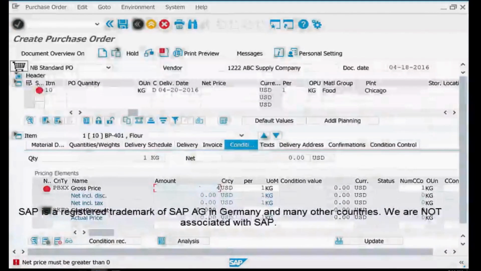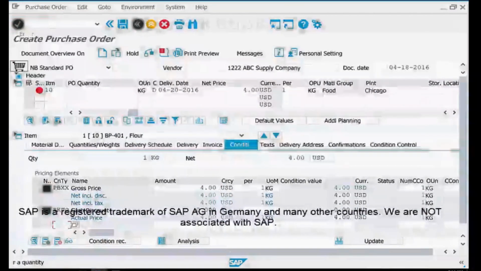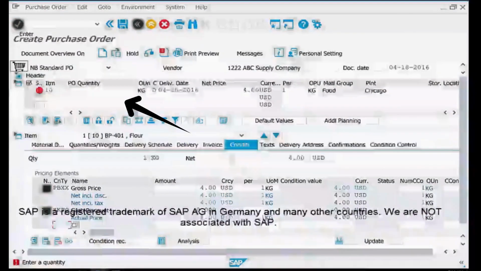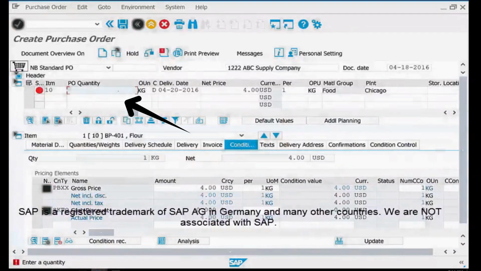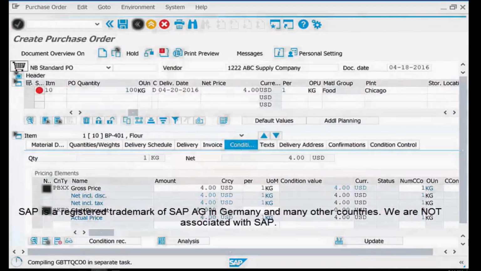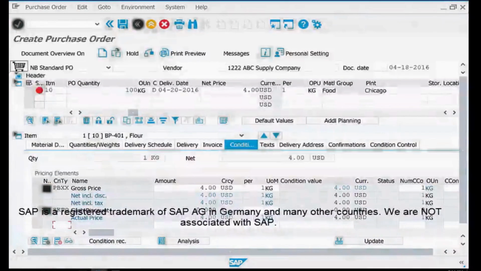Once you put the price, it again gives us a new error: enter a quantity, how many pieces do you need. So I have entered a quantity of 100. Please note, you can see the unit of measurement. In our case, it is 100 kg. The unit of measurement is automatically configured at the time of creation of the material code. Since the material code of floor is being supplied in the form of kg, the SAP system has automatically taken the unit of measure with the selection of the material code.